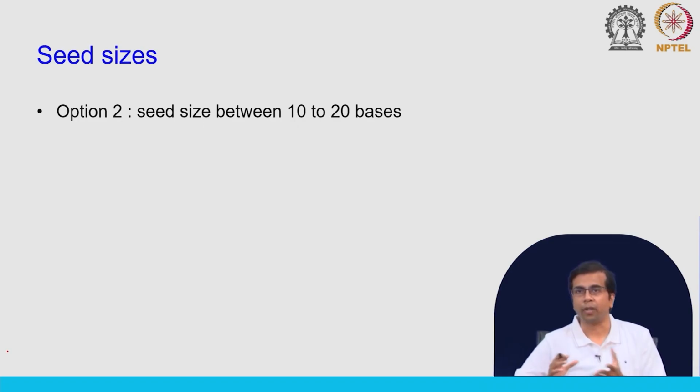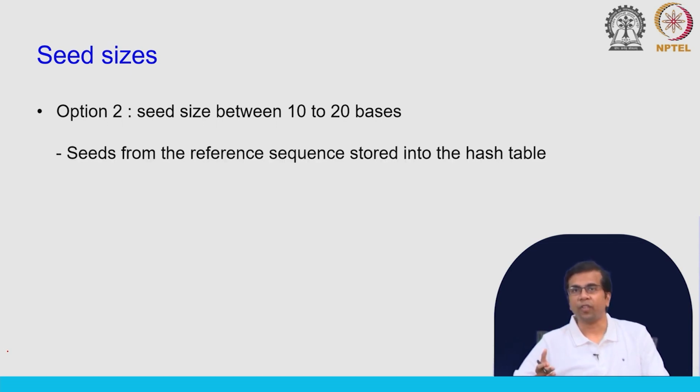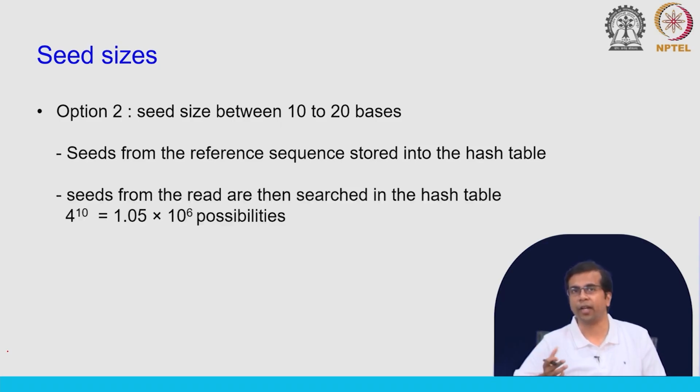Option 2 is probably to look at a seed size between 10 and 20 bases. Again, this can vary depending on the read length that you work with, and researchers have experimented with different read lengths and seen what works best for whatever read size you are working with. Again, we extract the seeds from the reference sequence and store them in the hash table,